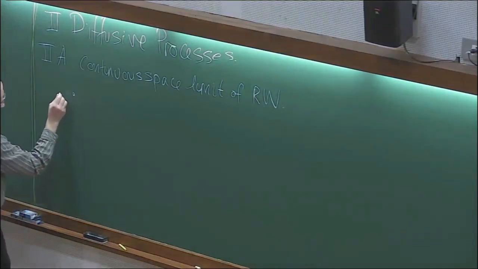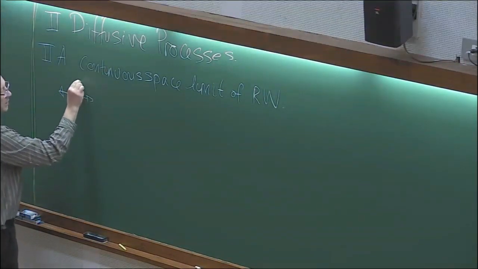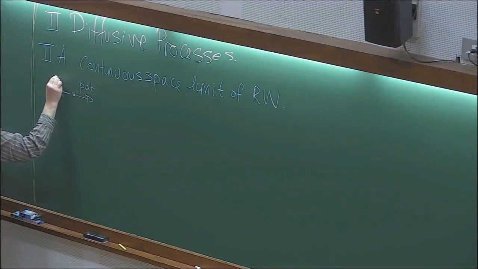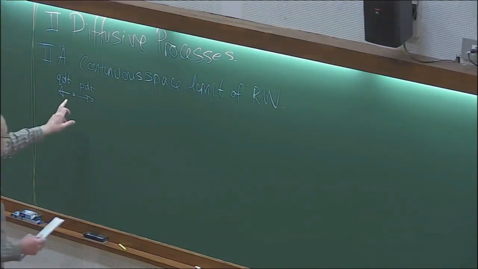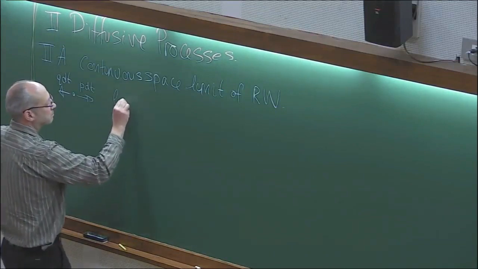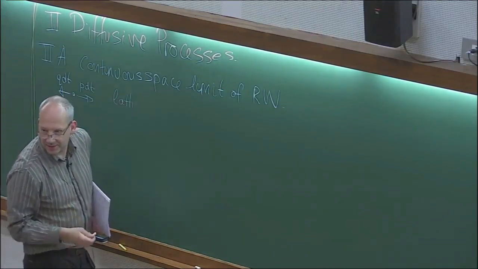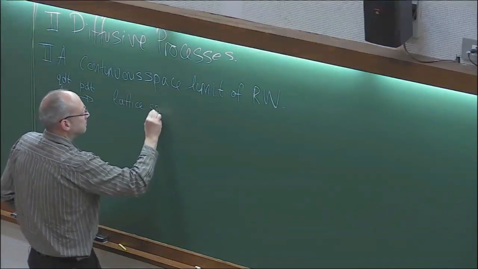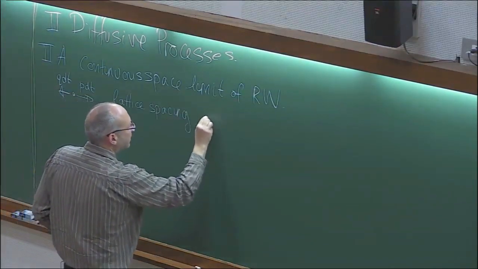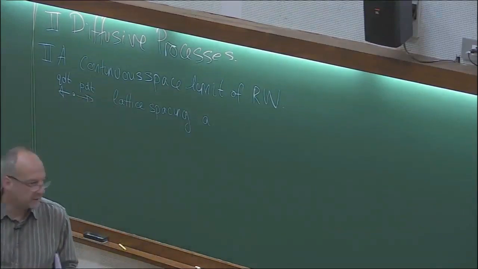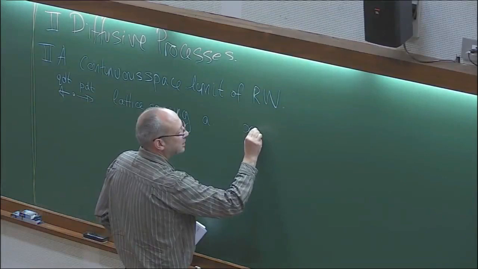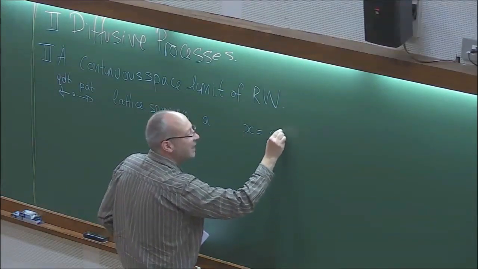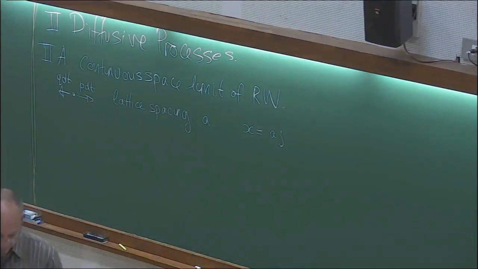So remember, our random walker, in some small time interval dt, went to the right with probability p dt and to the left with q dt, and it was by 1 unit. Now I want to introduce a lattice spacing to say that this distance is actually a. And then we're going to take the limit a goes to 0. If I introduce a lattice spacing a, then I'll also have a spatial coordinate, which will become x, which is a times j, the number of sites. That will give me the distance.